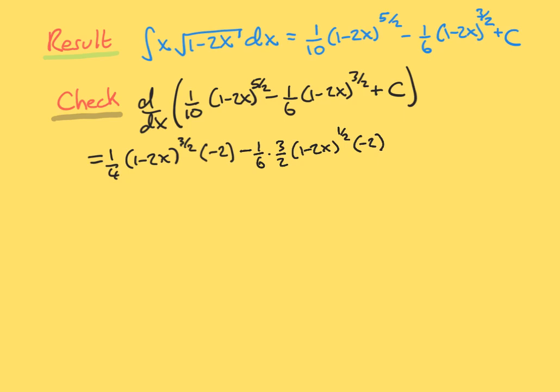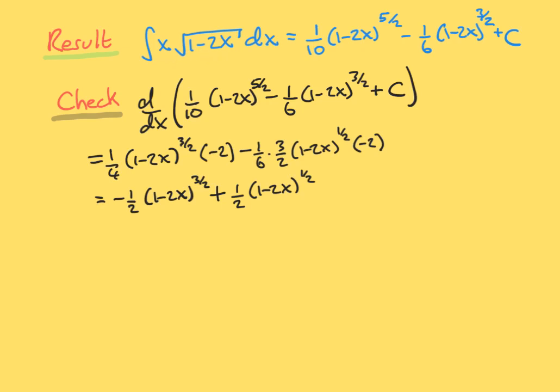So we have minus a half, 1 minus 2x to the 3/2, and then here in the second term, the 3 and the 6th would give a half times a half is a quarter, but there's a minus 2 here. Minus minus is plus, and the 2 over a quarter is again a factor of a half, times 1 minus 2x to the half. To combine this and simplify it, because it doesn't yet immediately look like the integrand, we